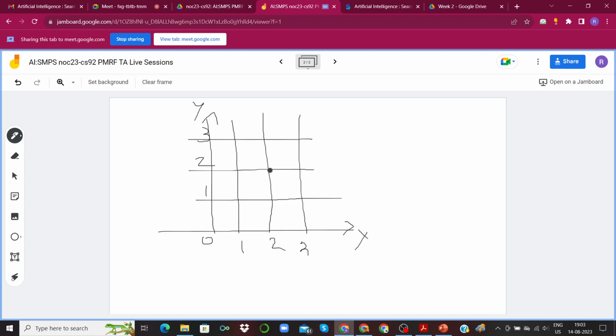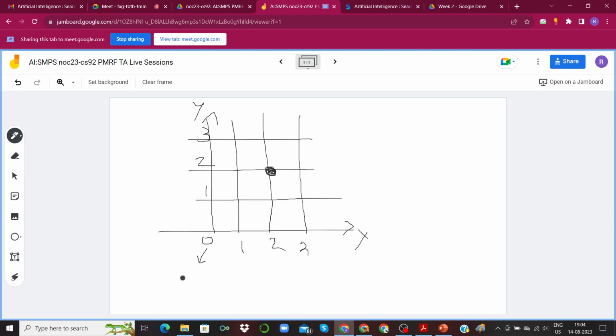Okay, so let's say there is a point over here. If we have to calculate the Manhattan distance, the number of blocks that we are going to have to cover is this way 1, this way 2, 3, and 4. Since we have defined each block to be of size 1 unit, the Manhattan distance would be 4 units.